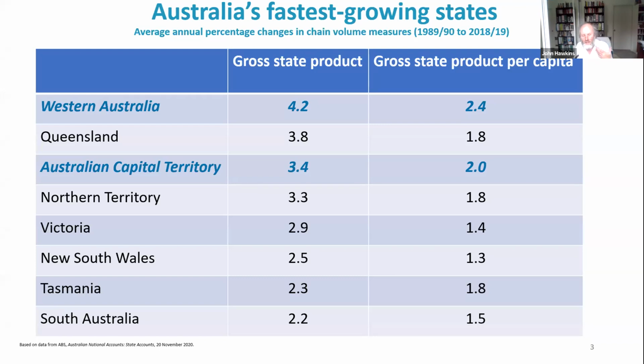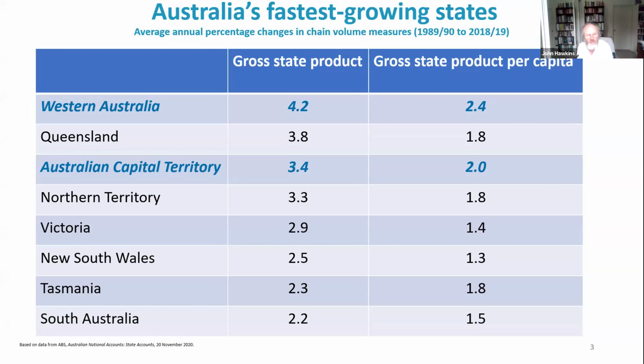So if you would ask the average person which parts of Australia have been growing the fastest over the last 30 odd years, then I'm sure they'd mention the resource states. They'd say, well, there's been a mining boom, WA is obviously doing great, and Queensland slightly less so. But interestingly, when you look at the data,